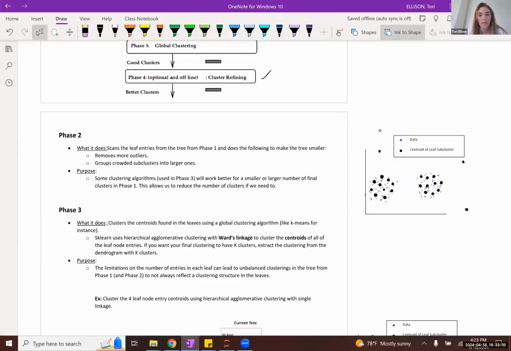So for instance, you might have a scenario like this where all the purple points are your actual data set observations that you have fed into the tree. But all of these black points represent the centroid of each of the leaf node subclusters. So this would have been a subcluster, this would have been a subcluster, and so on.